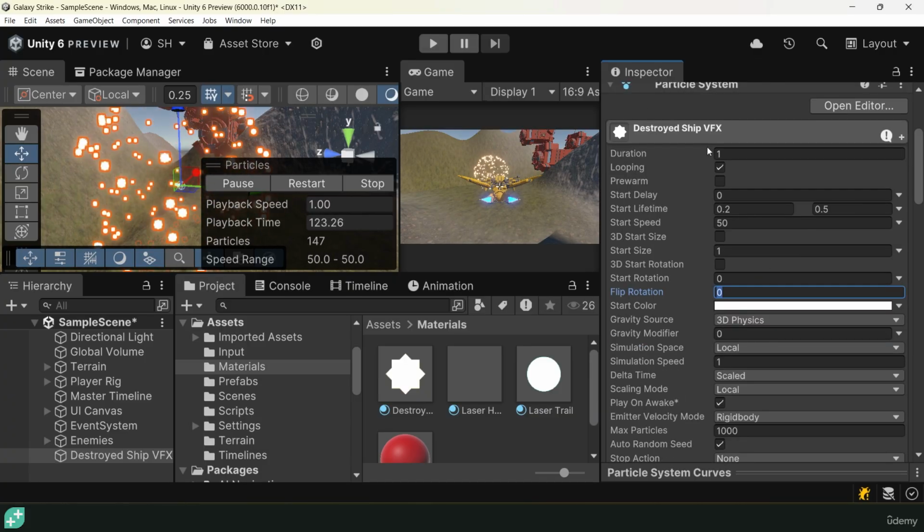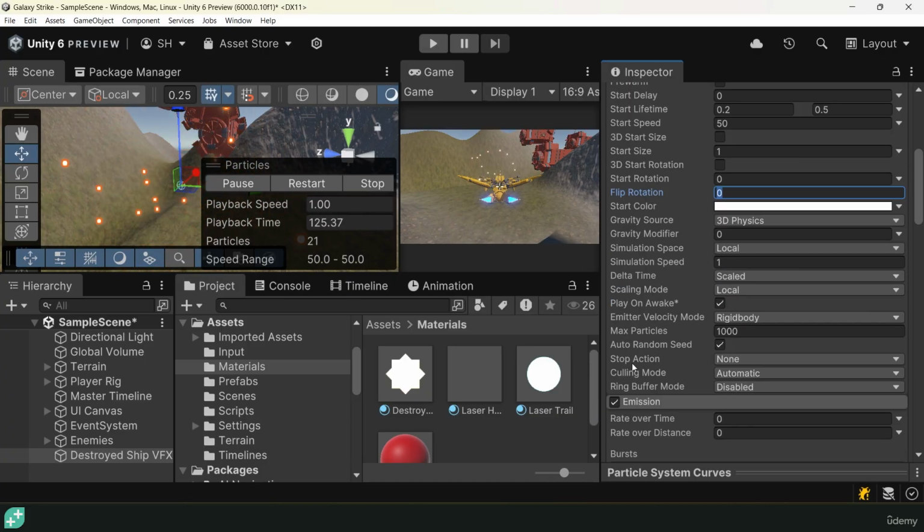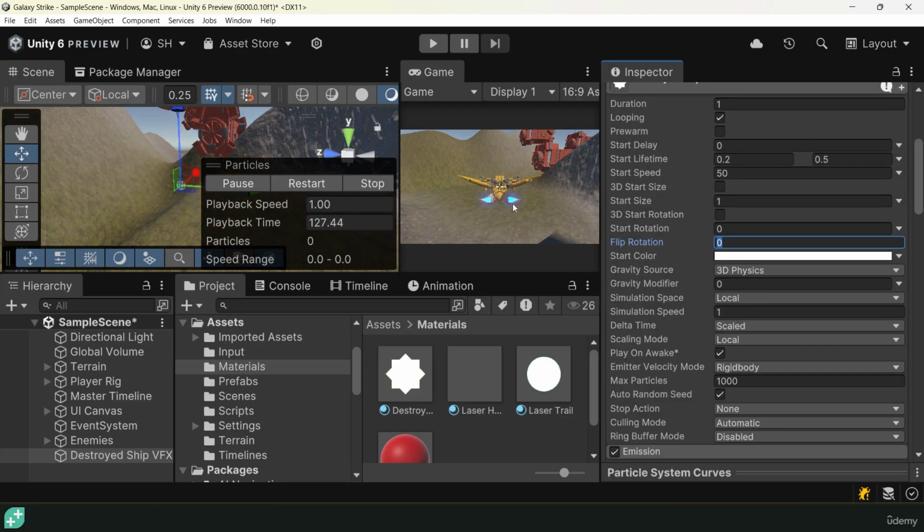Speaking of, you actually have this handy dandy property down here called stop action. If you were to instantiate this particle system into our scene and just let it run its course, it will never actually by default get destroyed in our hierarchy unless you change this stop action over here in your inspector from none to destroy. After the duration of the entire particle system, it will just get destroyed as a game